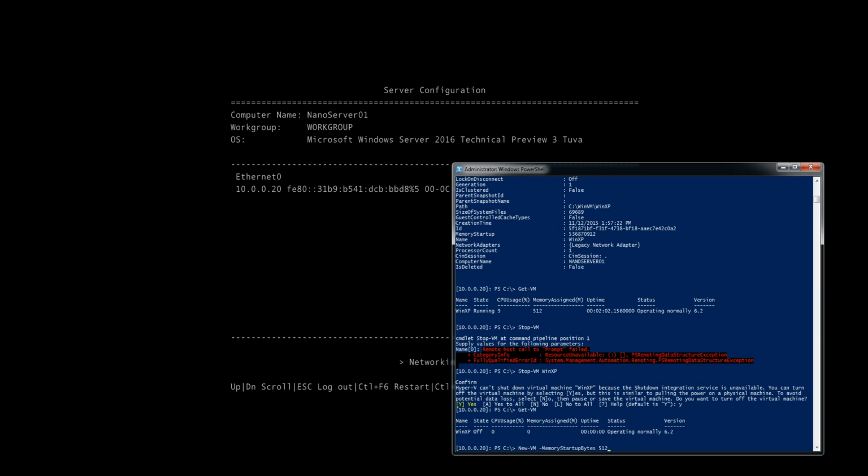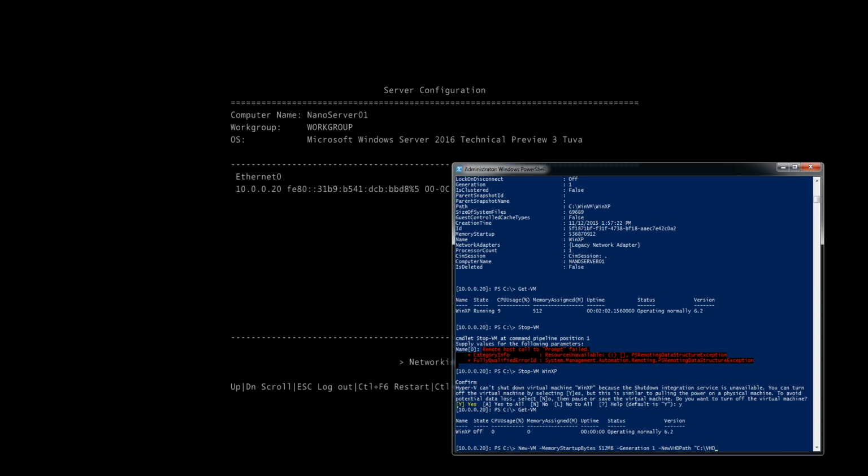Again, I'm going to use 512 megabytes, and generation 1 machine, NewVHDPath will specify the path of my new VHD that I want to create. So I'm going to specify the path C: